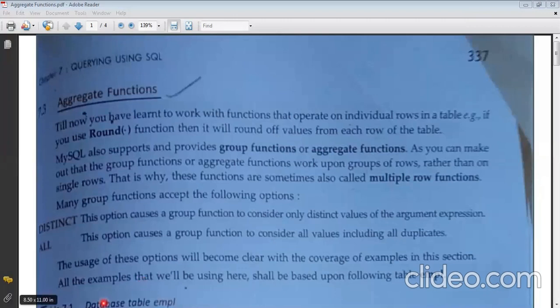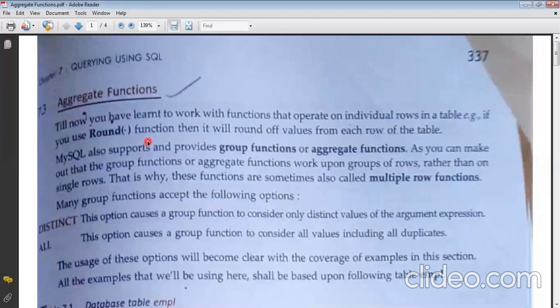Okay, yeah. So by the time we have used all the functions in which the output was coming individually. Like if the round function is there, it was giving us an individual output for each row. It is not like all the rows are combining together and giving us one single output. But for each row we have a different output. Like if you have selected a column, then in that particular column for each row the round function is applied, and then we are getting the output for it.